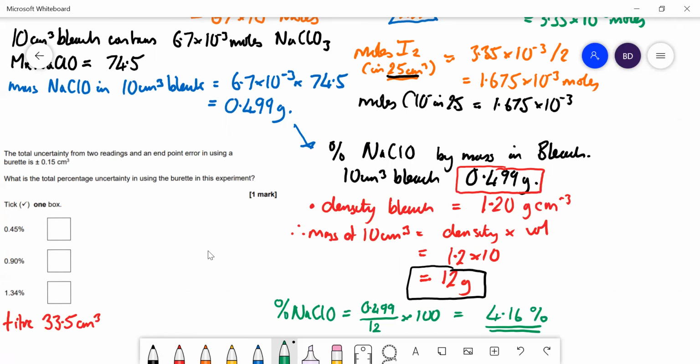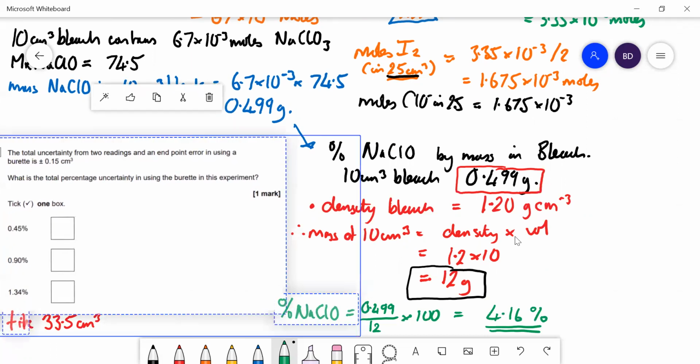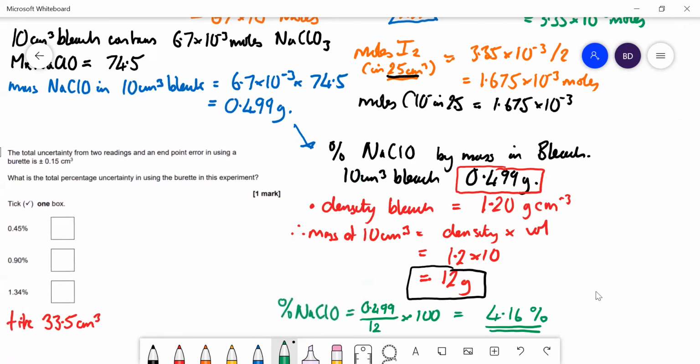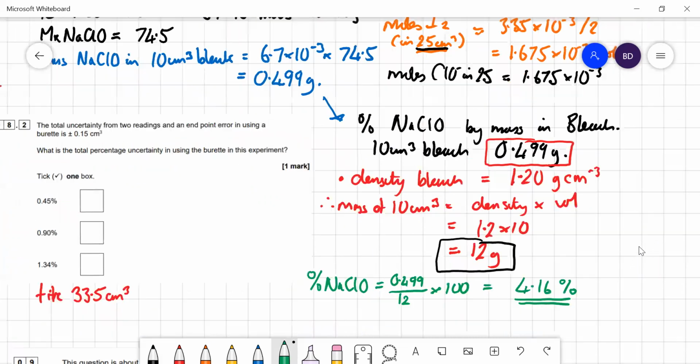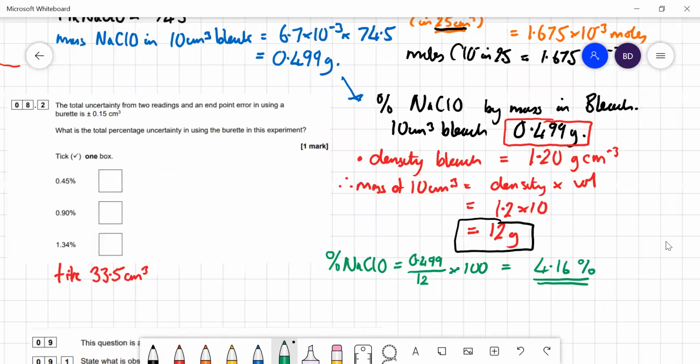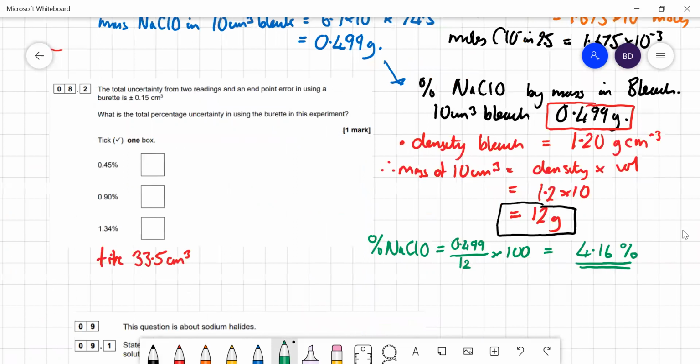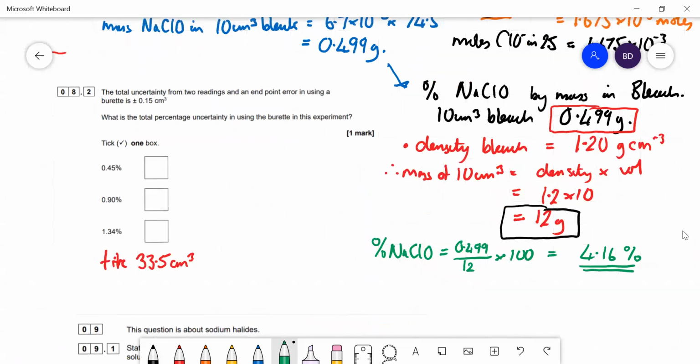So a 7-mark calculation question with no structure, that's quite intimidating at first. It's always best to work backwards, I think. Yeah, to work out your moles of what you can work out, the moles of thiosulfate, even if you're not sure of the way ahead, and that kind of leads you from one step to another. You keep working backwards. And also I do find it helpful to draw little pictures to turn that very wordy question into something that you can visualize more. Okay,